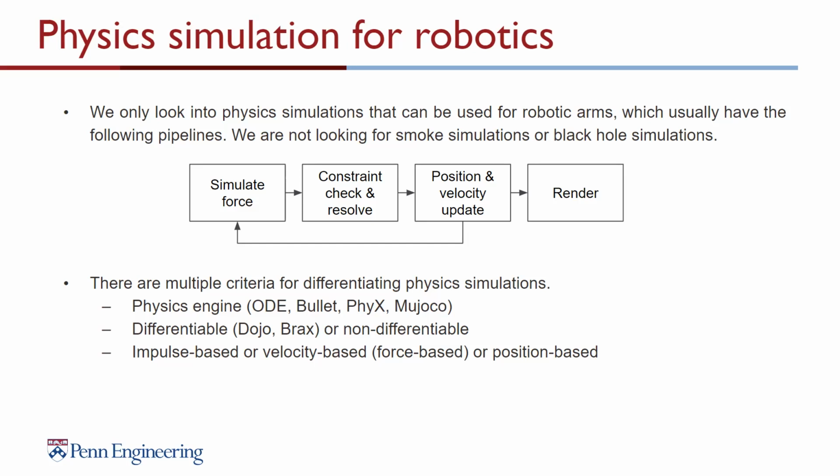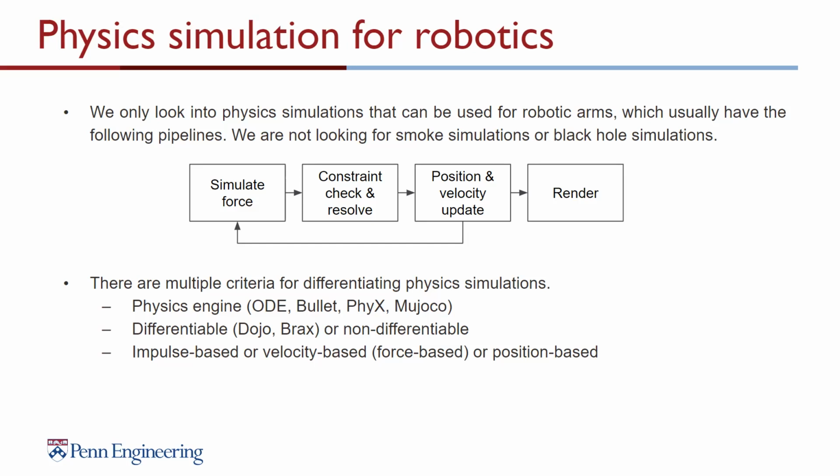And some game engines, such as Unreal Engine or Unity, are usually based on PhysX or Bullet, something like that. And MuJoCo has its own physics engine based on its own calculation of contact physics. Yeah. So that is one criterion for choosing the physics simulation. The other criterion is